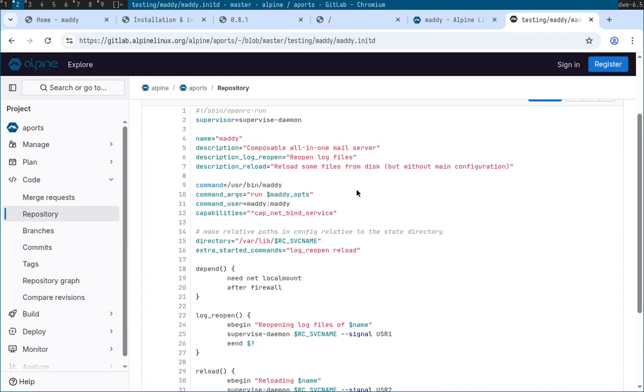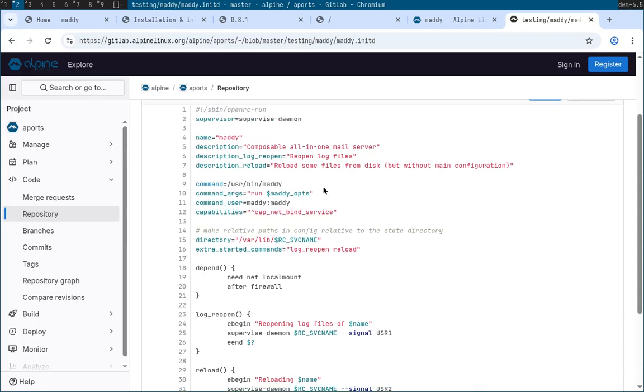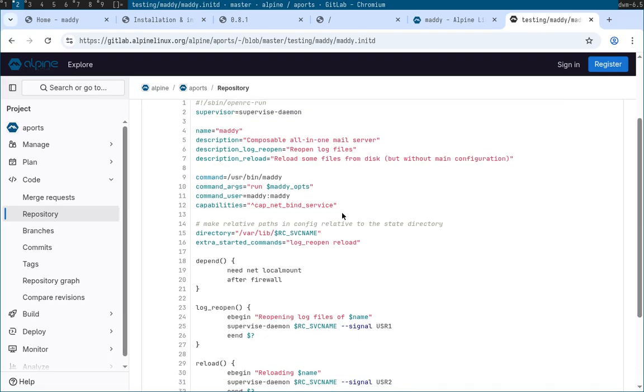So, for example, this specifies which user to run maddy as, so the maddy user with the maddy group, but it also gives it capabilities like, for example, this CAP_NET_BIND_SERVICE. And this is actually relevant because if you run something as a normal user without root privileges, you can't actually bind to, what's it called, to ports like, for example, 25 for SMTP, because these are reserved ports, and yeah, you just